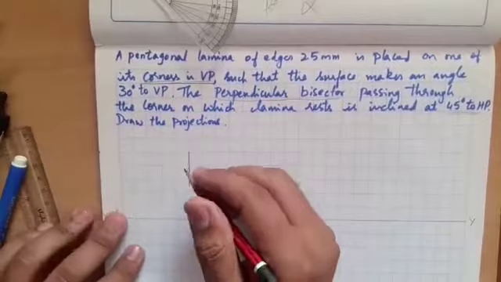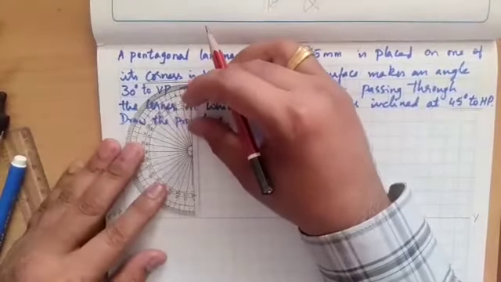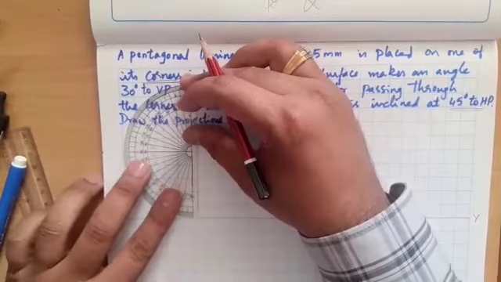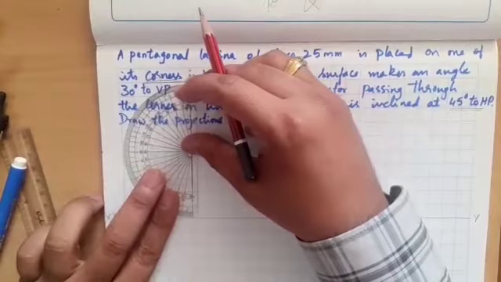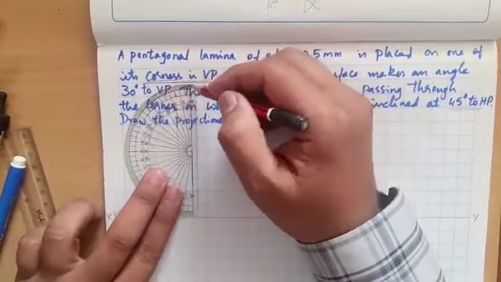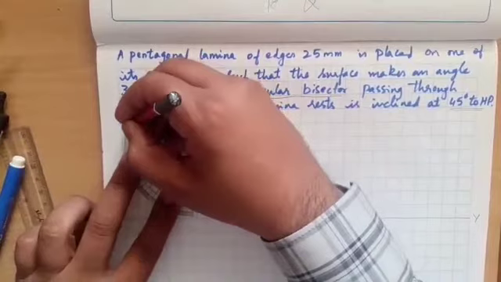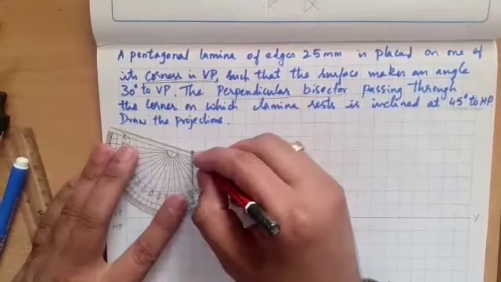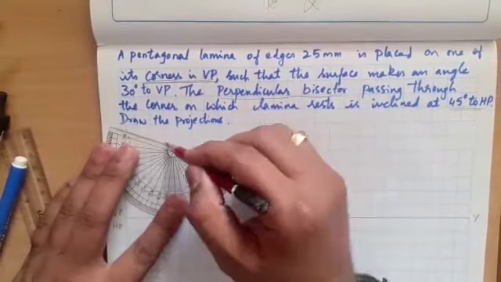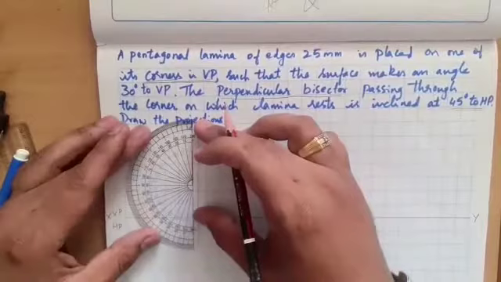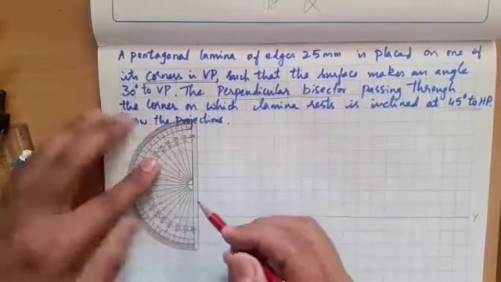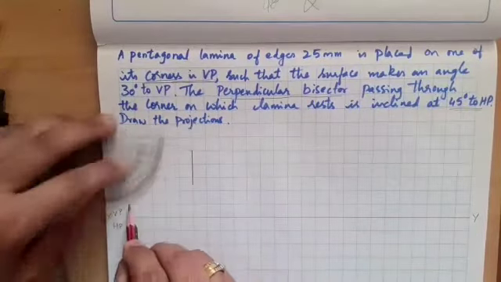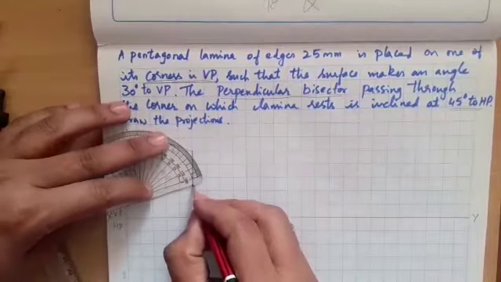So construct a baseline of the pentagon. Keep your protractor here, and from the right hand side, mark 72 degree, 70, 71, 72 degree. I am marking here and draw a thin line. Similarly, I'll keep the protractor towards the left side end of the line. From here, 72 degree, I have marked and draw a thin line.